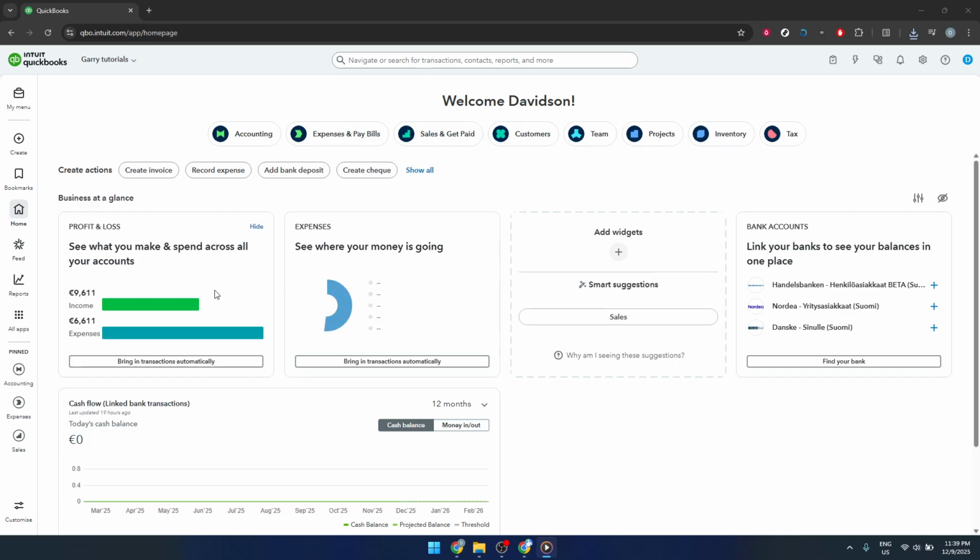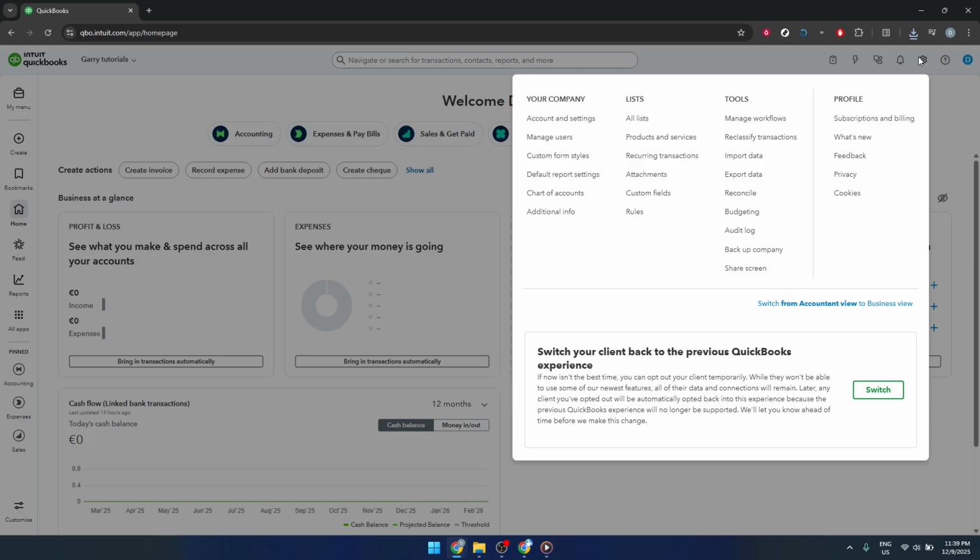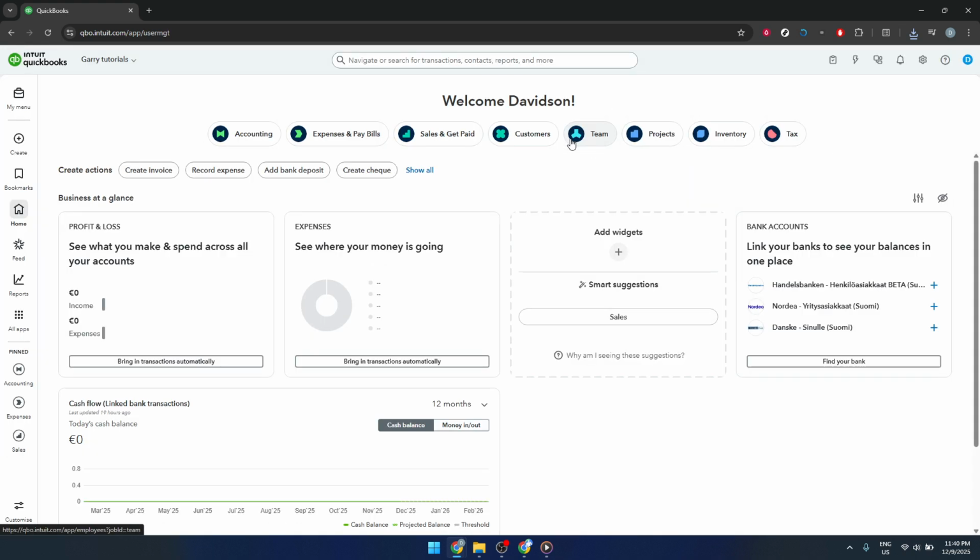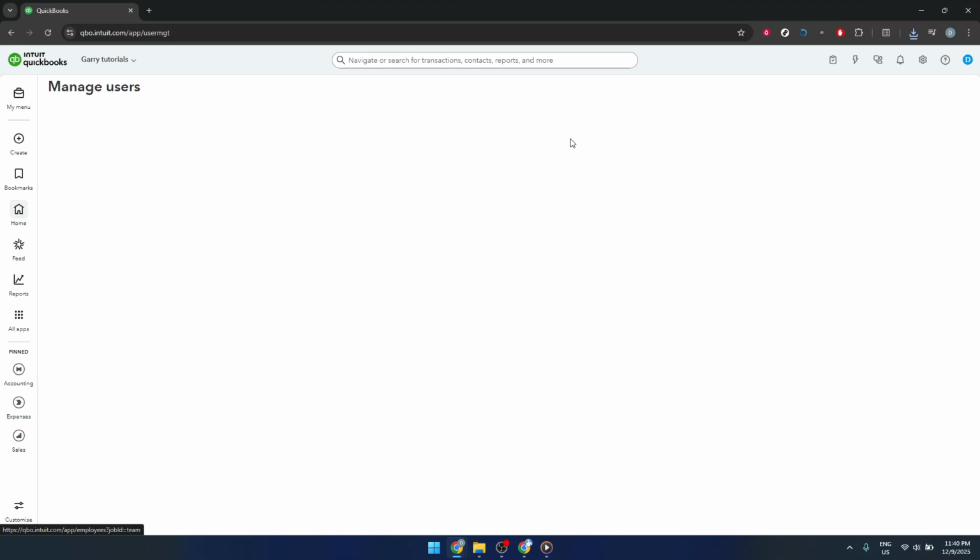Once you're on your main dashboard, look toward the top right corner of the screen for the small gear icon, often called the settings icon. This is where QuickBooks keeps most of the tools that control how your account is set up. Click on that gear icon and a menu will drop down. From this menu, find and select the option labeled Manage Users. This is the section where you control who has access to your QuickBooks company file and what they're allowed to